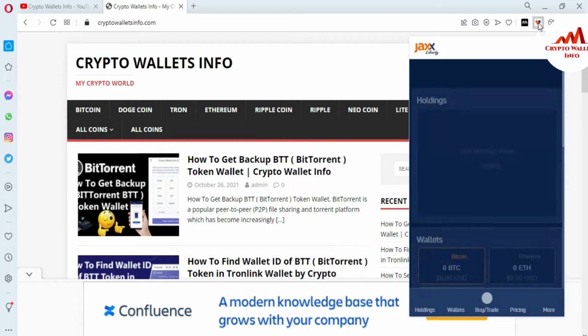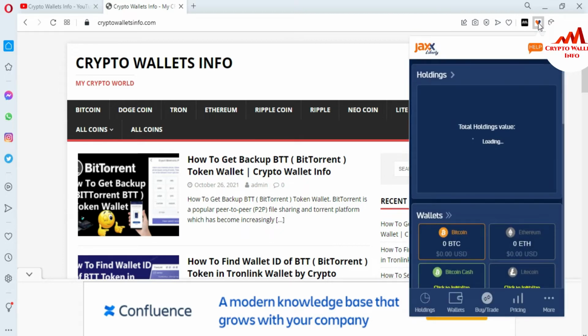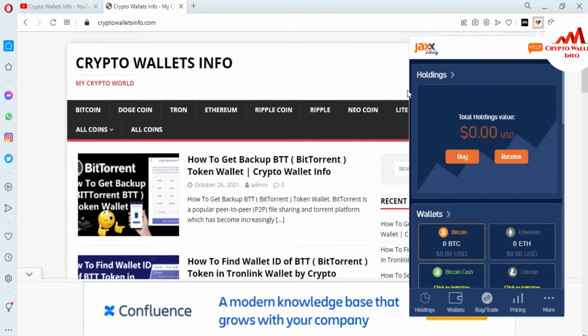Now I have clicked on the Jaxx wallet. You can see the Jaxx wallet is open in front of me, and there are 4 tabs available. If you need to find the final balance of any Bitcoin wallet address, first you need to get your wallet ID.